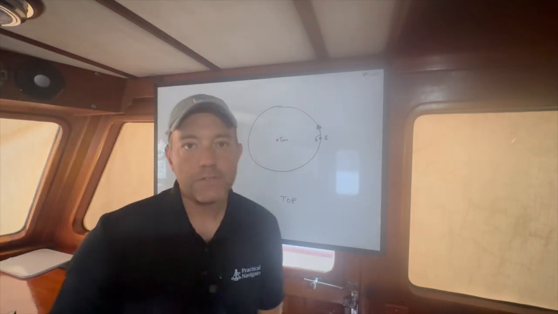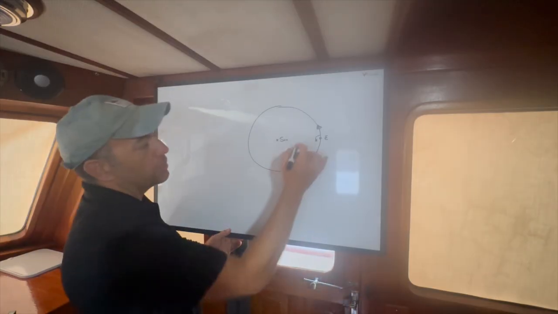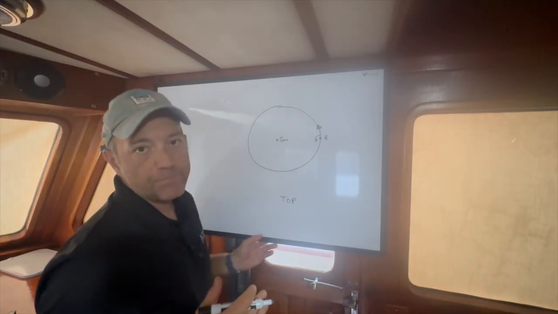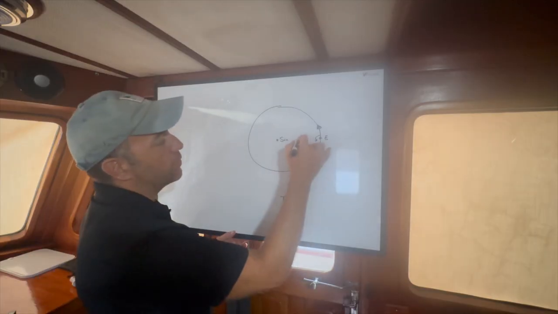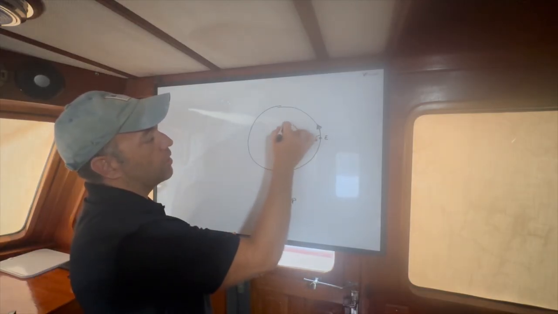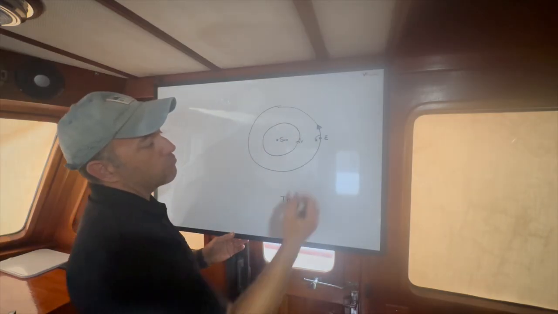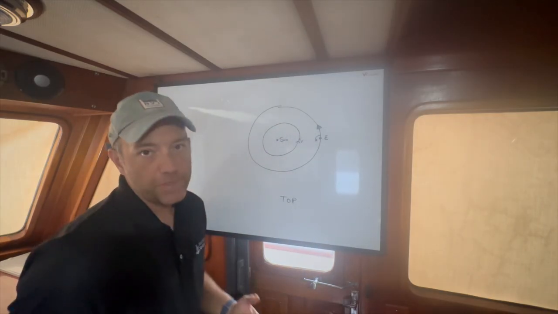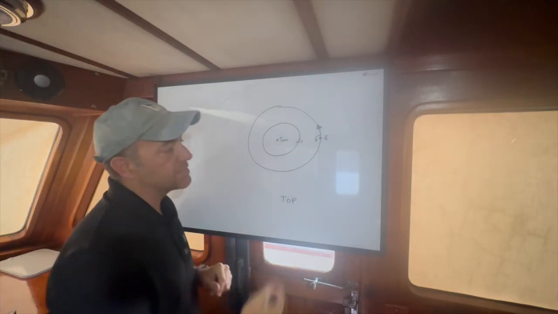There are two types of planets that we deal with in celestial navigation. So there are planets closer to the sun than the Earth, and those are called inferior planets. So for example, we might have Venus. Venus is going to revolve around the sun in the same direction, but relative to us, we may see certain things happen. So for instance, when the Earth, Venus, and the sun are oriented like this,